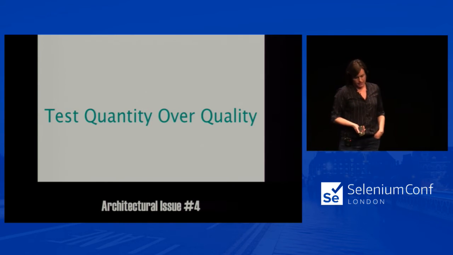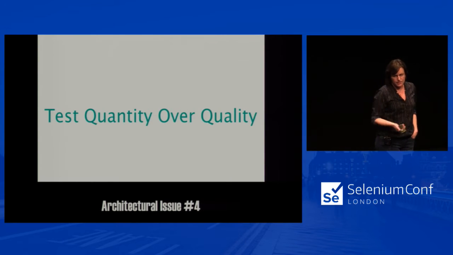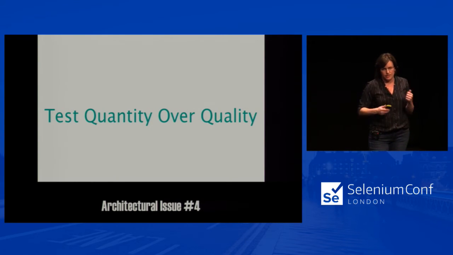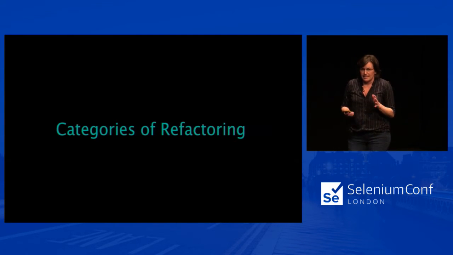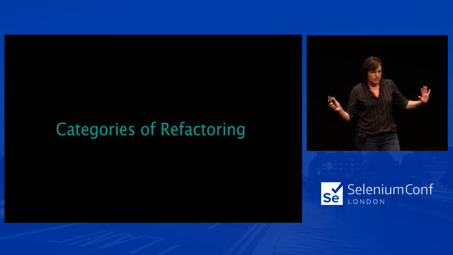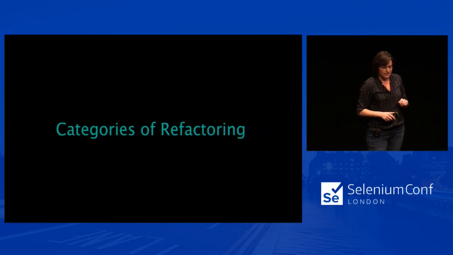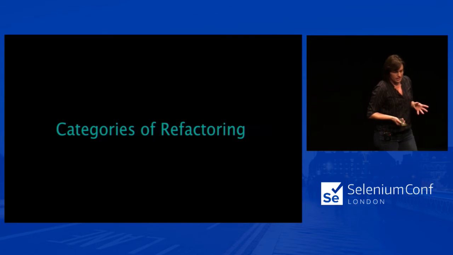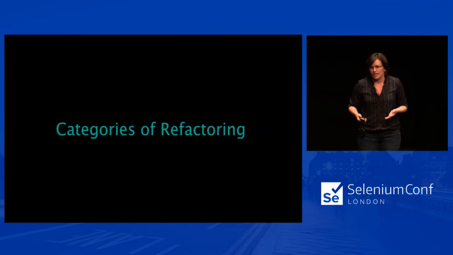Okay, and so we'll refer to this one as test quantity over quality. And this concept applies generally to the nature of development on the app when you're just hurrying the whole time. So from this list, we can start to get into the categories of refactoring. If you have a large refactoring project like this, it's really easy to fall into what we call analysis paralysis. So now that we've identified some critical architectural problems, we want to break this down, and this way we can provide structure around the work. We're not going to bite off more than we can chew, and we'll have a good plan moving forward.